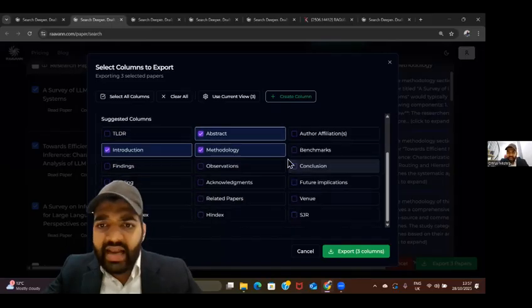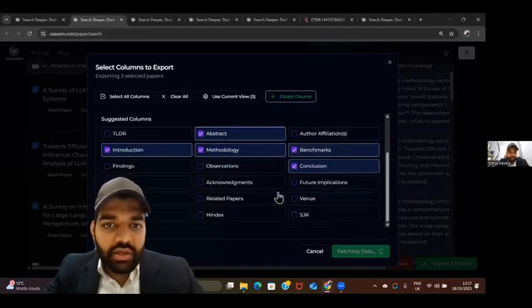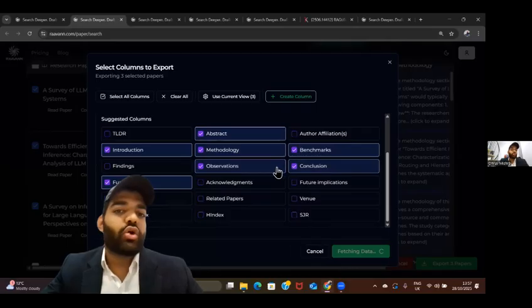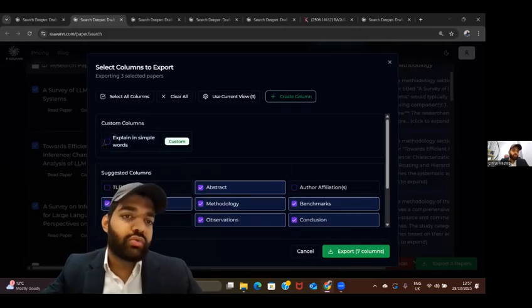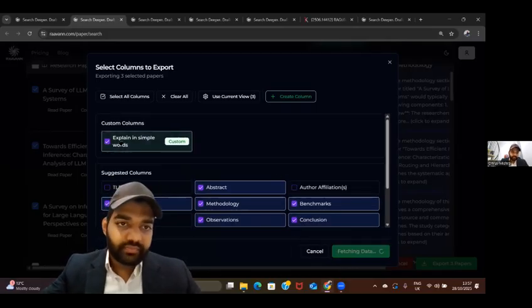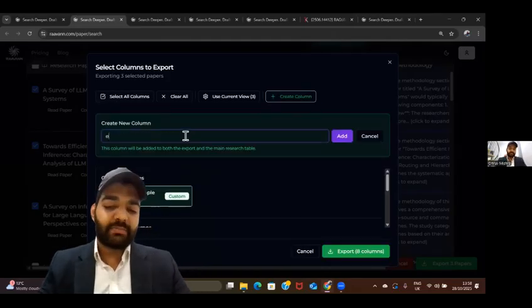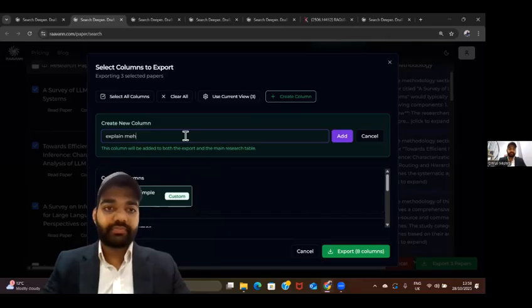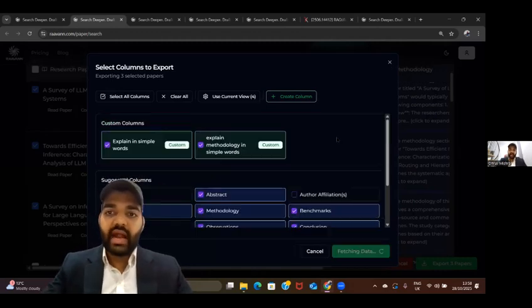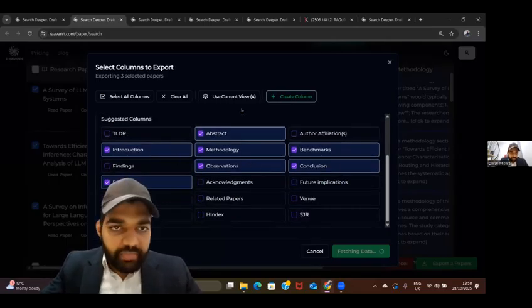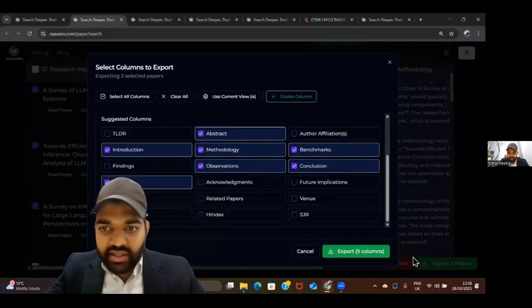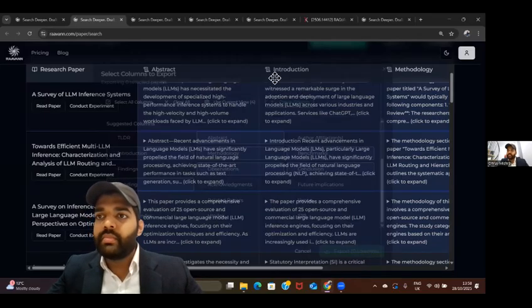And now I can add more. Let's say I want benchmarks, I want conclusion, I want funding, I want observation, I want all those things. Apart from that, I also want explain in simple words. Okay, I can select that. I can even add one more. I can say explain methodology in simple words. Add. Just added it. So based on this explain methodology and all these sections, I can just click export. Boom,